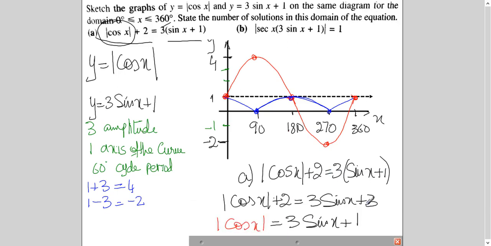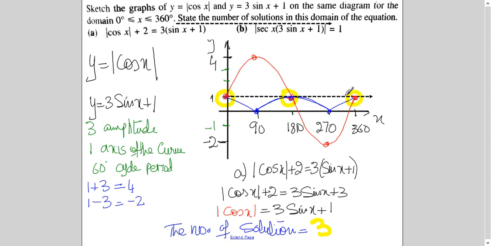So 3 sin x plus 3, and then 2 will go here. It will be plus 1. Now this is the curve I have sketched in red, and this is the curve I have sketched in blue. So it means the solution of this equation is actually the solution of this equation. So they are the same thing. The way it is written is different, but it is actually the same thing. So once you show that this equation and this equation are the same, it is just the manipulation of the terms.